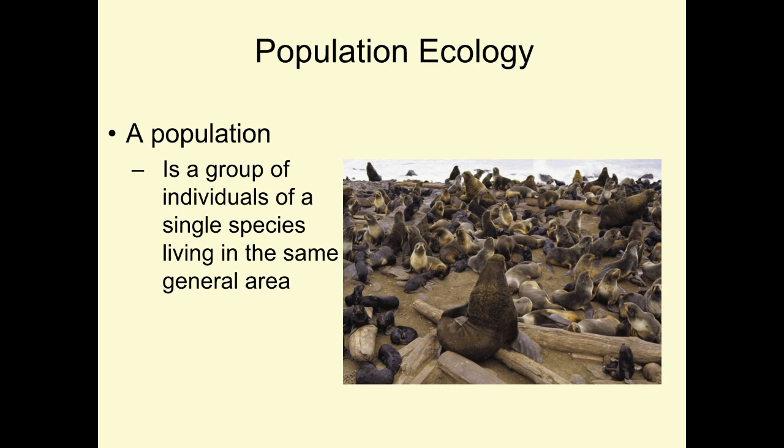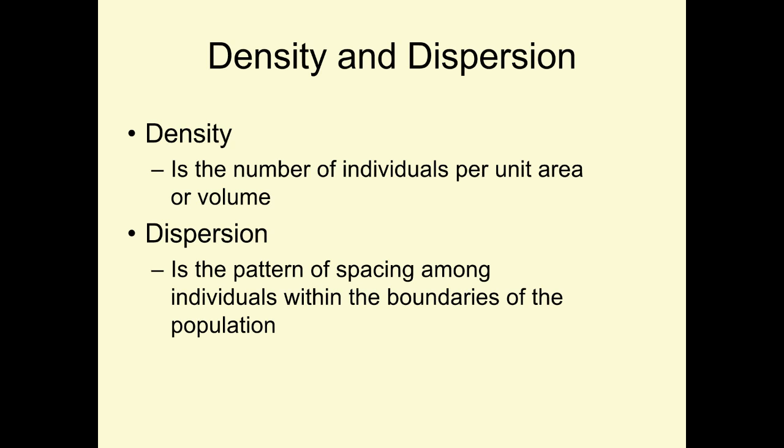When we look at populations, we look at a number of different things, but we really look at growth rates, right? Whether it's exponential or logistical. That's in your packet. But we also look at how they're organized. So two things, right? We look at density, how many organisms we have per unit area, and then we also look at dispersion, how those organisms are dispersed.